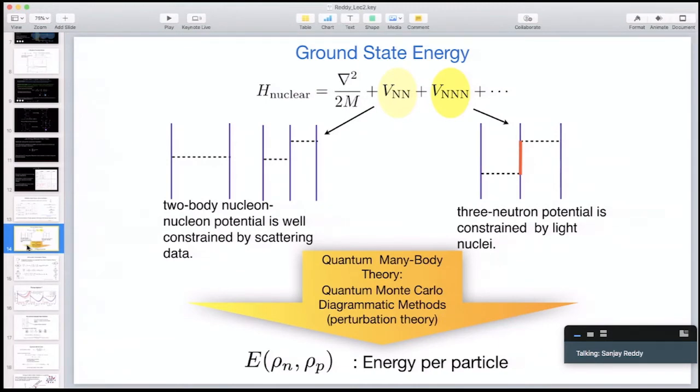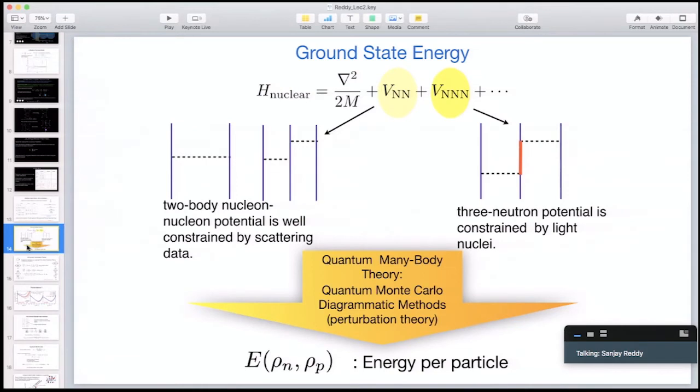It turns out that the two-body phase shifts are very accurate, so you know a lot about the two-body forces. The three-body potentials are not as well constrained as the two-body potentials, so there's a certain amount of uncertainty associated with these three-body forces. So if I'm interested now in using this Hamiltonian to calculate the properties of neutron matter,